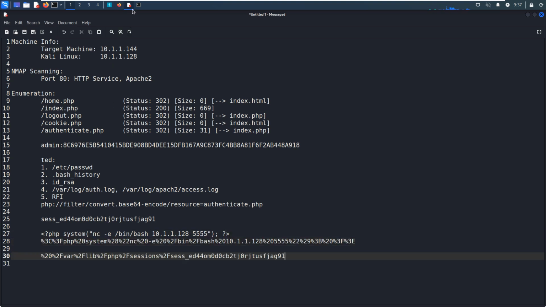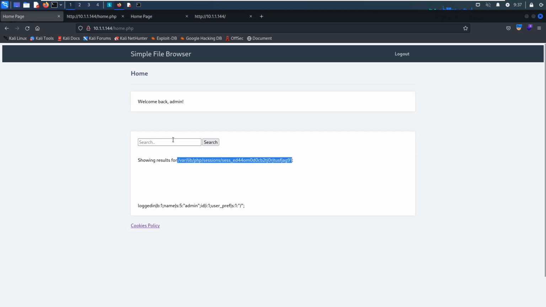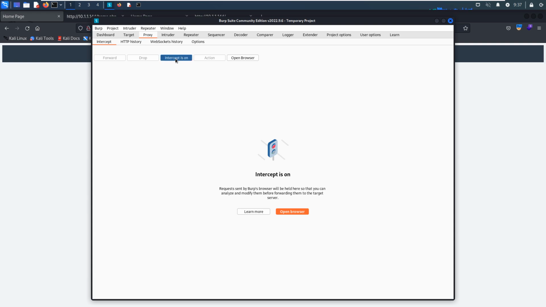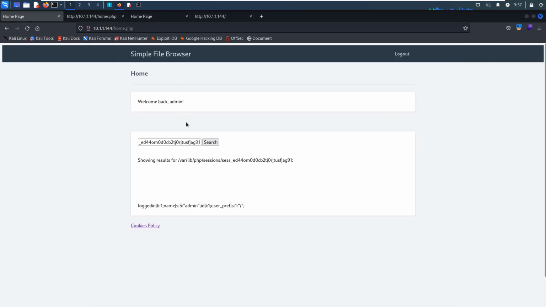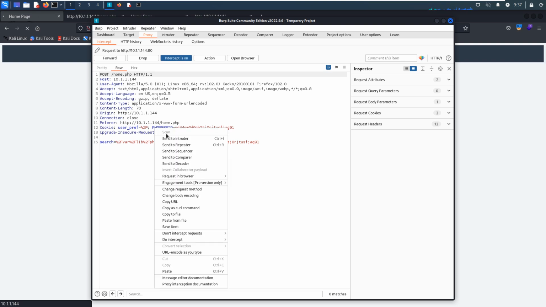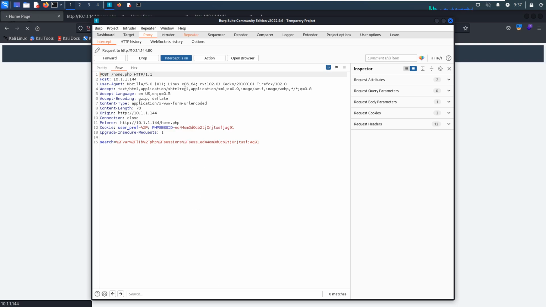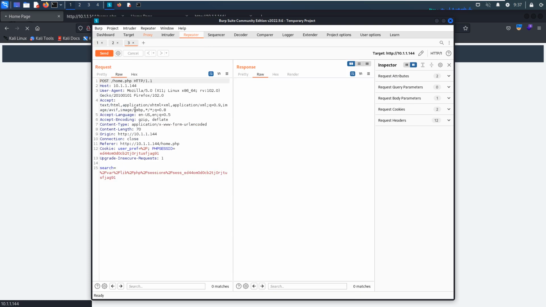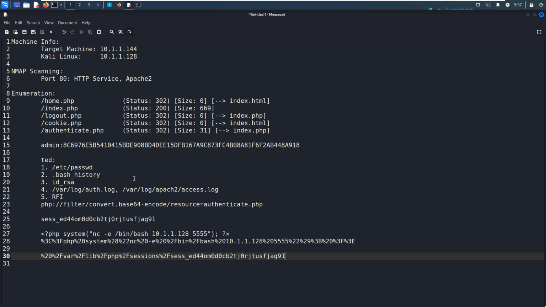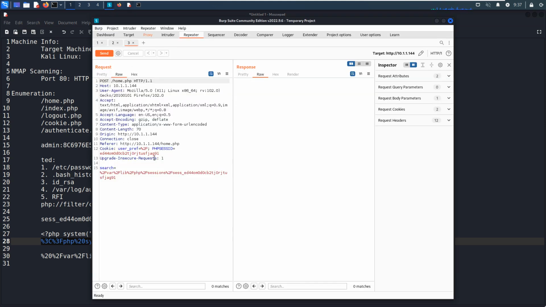So next, we can try to poison this file. We can turn on the intercept option, search, and then send to the repeater module, and we can copy the reverse shell command from my notebook, and we can change this one.